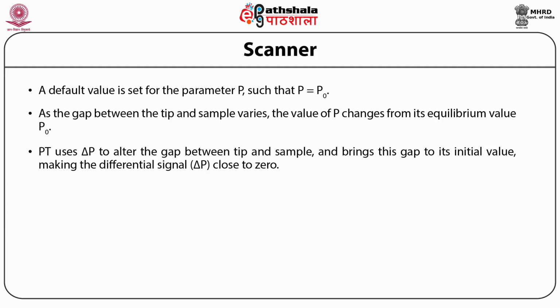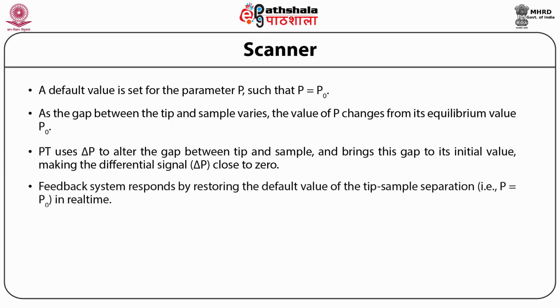As the tip is moved across the surface of the sample, its topography alters the interaction parameter P. The feedback system responds by restoring the default value of tip-sample separation, that is P is equal to P0, in